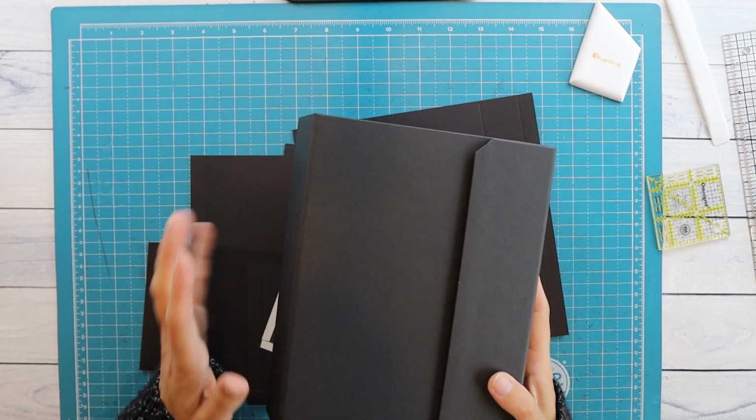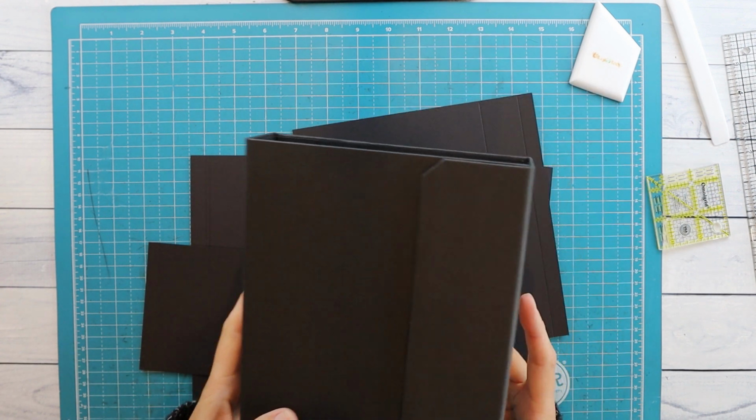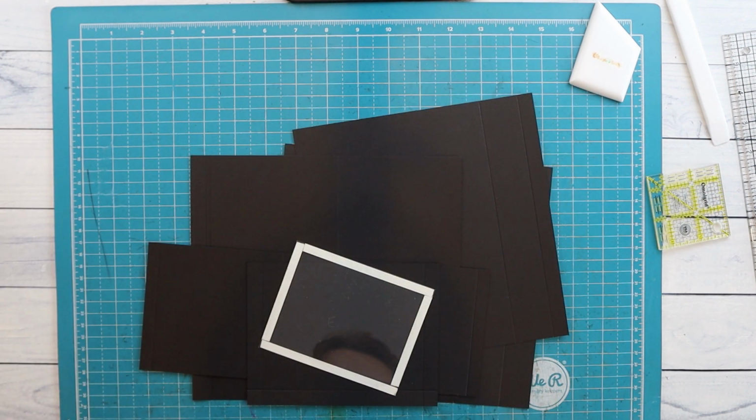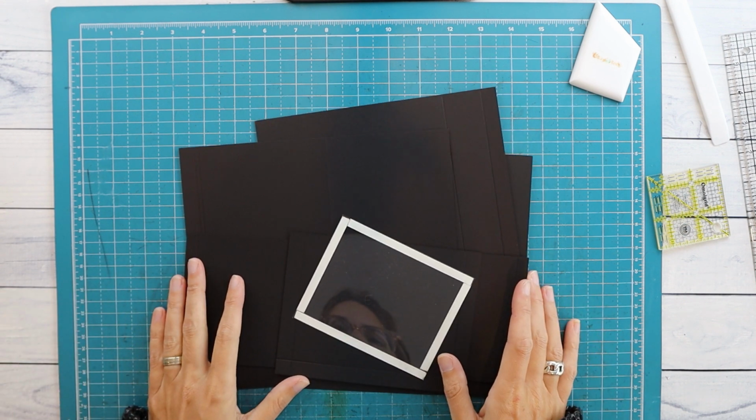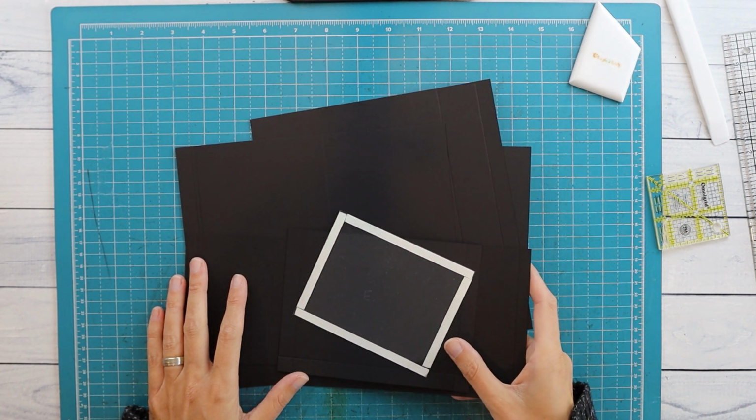I've cut my pieces of cardstock and I will talk you through the scoring and the tape placement. And just a little reminder that you can write down your measurements and work along,